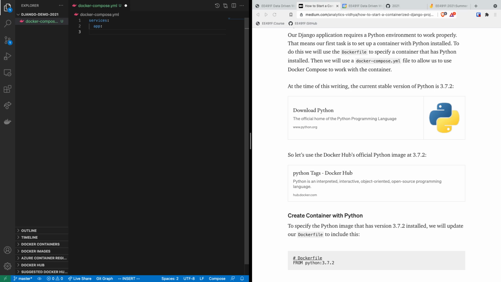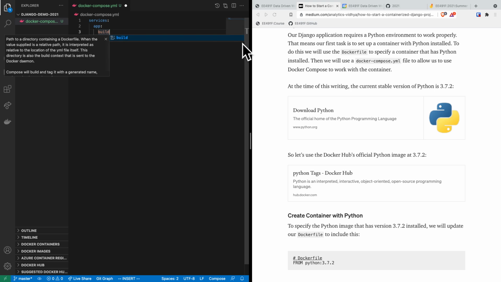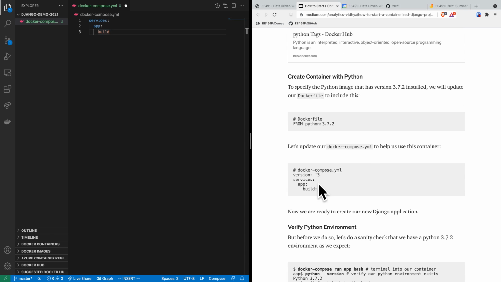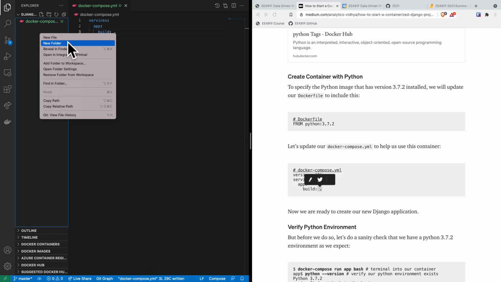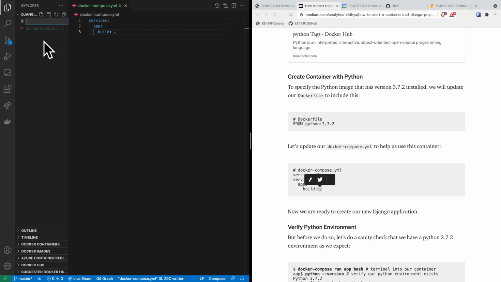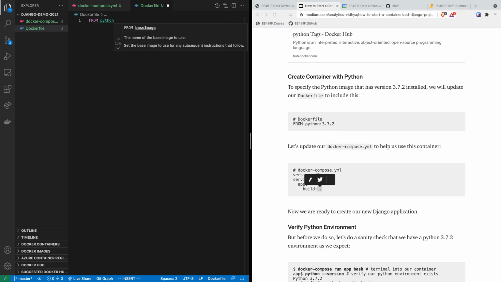And then instead of using just an image, we're going to build this at the current directory. And whatever directory you specify, you need to have a Docker file. That's how Docker Compose and Docker knows how to build your image. And in this Docker file, we're going to go from a Python image,